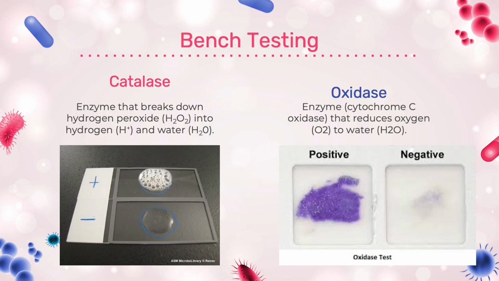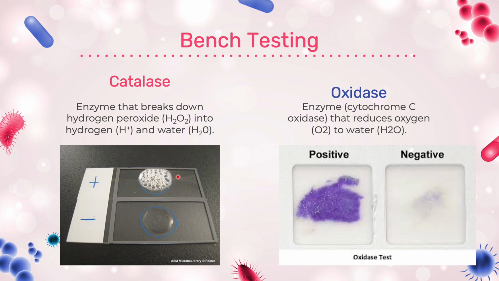Taking a look at what we call bench testing, we can use chemistry to kind of figure out who we're looking at as a really rapid form of ID. The only downside is that we need the organism to have actually grown up to at least one colony before we can start to do our bench testing. The catalase is a bubbles-based reaction. We're looking at the change of hydrogen peroxide into water and hydrogen gas, and that's over here. So you can see the negative, there are no bubbles forming, but over here we've got that hydrogen gas being